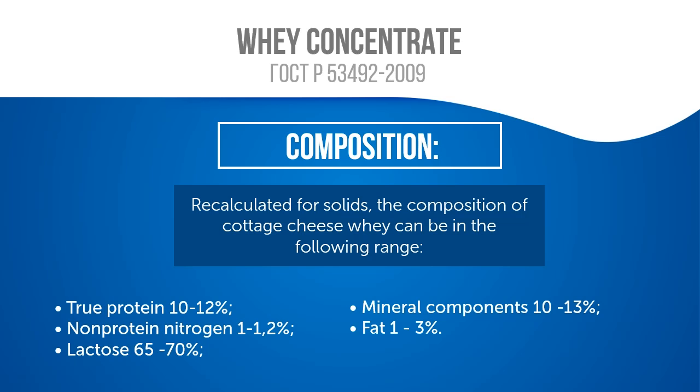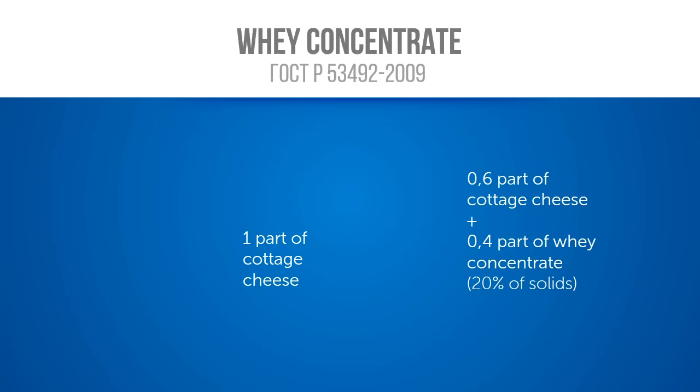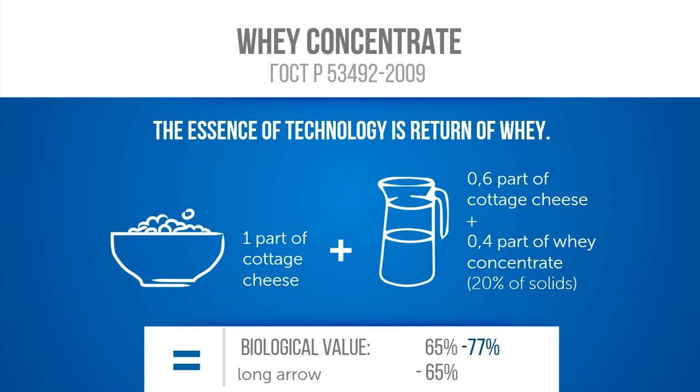The whey concentrate is a concentrate of milk whey derived from dry whey, developed in accordance with GOST R53492-2009. The concentrate completely corresponds to quality standards and requirements of the company manufacturers on the territory of Russia at R&D level. The concentrate composition depends on the composition of initial whey. For example, when we add 0.4 part of whey concentrate containing 20% solids to 1 part of cottage cheese, we can increase biological value of the end product from 65 to